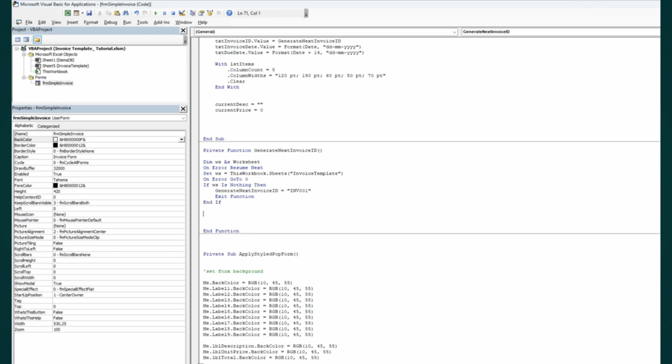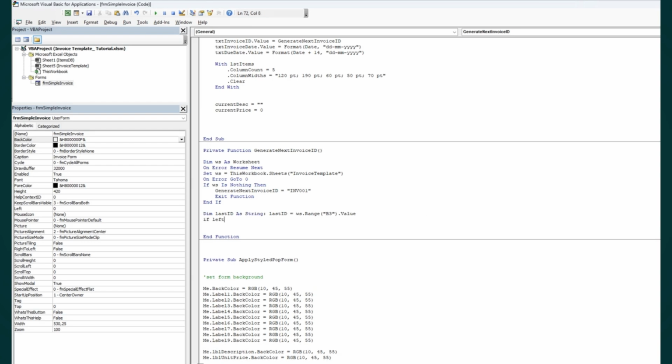And if, Dim lastID As String, lastID equal ws.Range("B3").Value. If Left(lastID, 3) equal INV, then